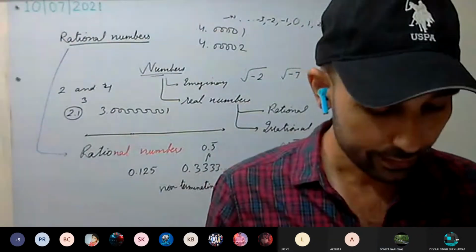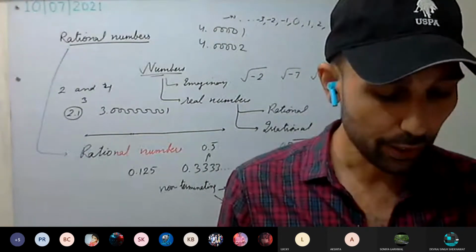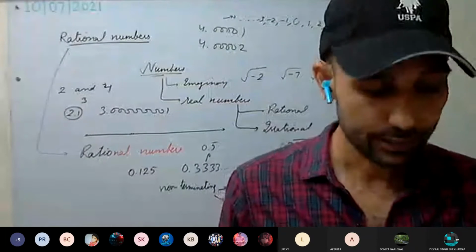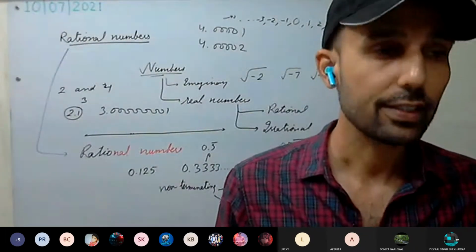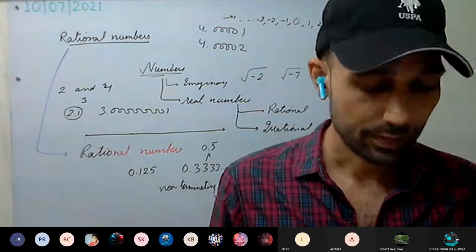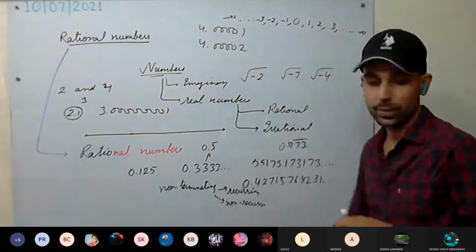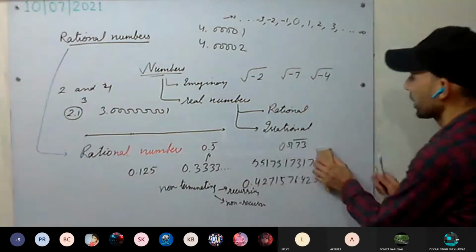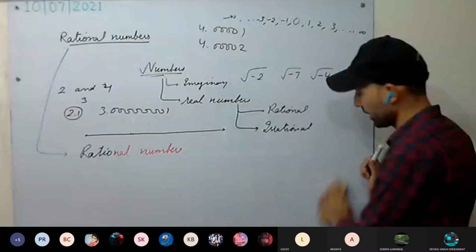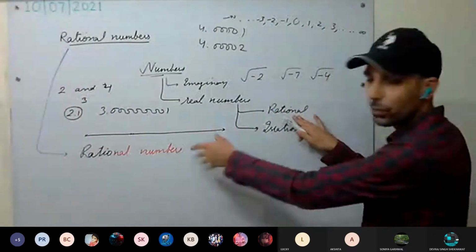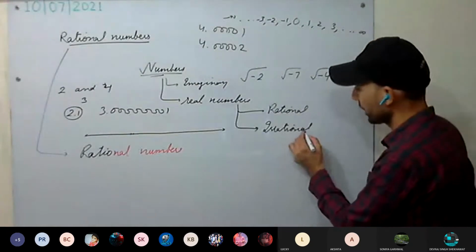Okay, so page number N3, you can see the 4th point. All terminating as well as recurring decimal numbers are rational numbers. Non-recurring are irrational numbers. Irrational is not on the syllabus, so we'll have a brief idea of it. The numbers which cannot be expressed in the form of p by q, that is the definition, will be irrational. Now, a few examples I can provide.